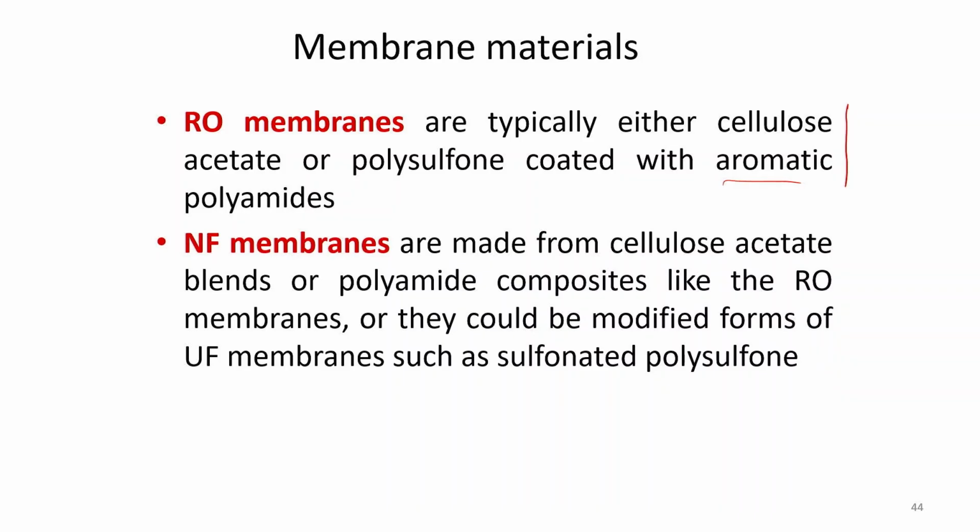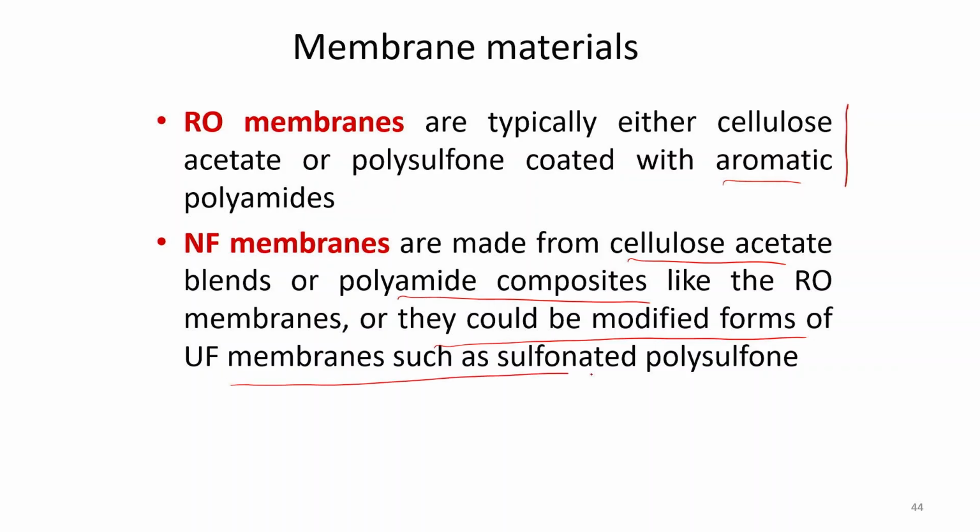For nanofilter membrane they are made of cellulose acetate blends or polyamide composites like the RO membrane. So, all these materials are very commonly used for different types of membranes, or they could be modified forms of